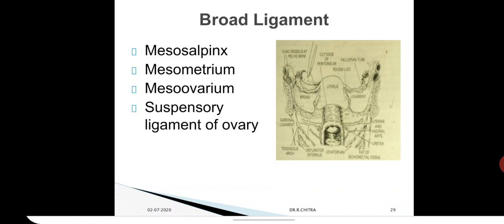Parts of the broad ligament. Mesosalpinx is the part of the broad ligament between the uterine tube and the ovary. Then mesometrium extends from the ovary, and contains the ovary and its ligament, to the base of the broad ligament. So it's the main part. It contains the tortuous uterine blood vessels. Then mesovarium is a fold derived from the posterior layer of the broad ligament where the ovary is attached. Suspensory ligament of the ovary is the triangular fold which connects the ovary and the uterine tube to the pelvic brim.